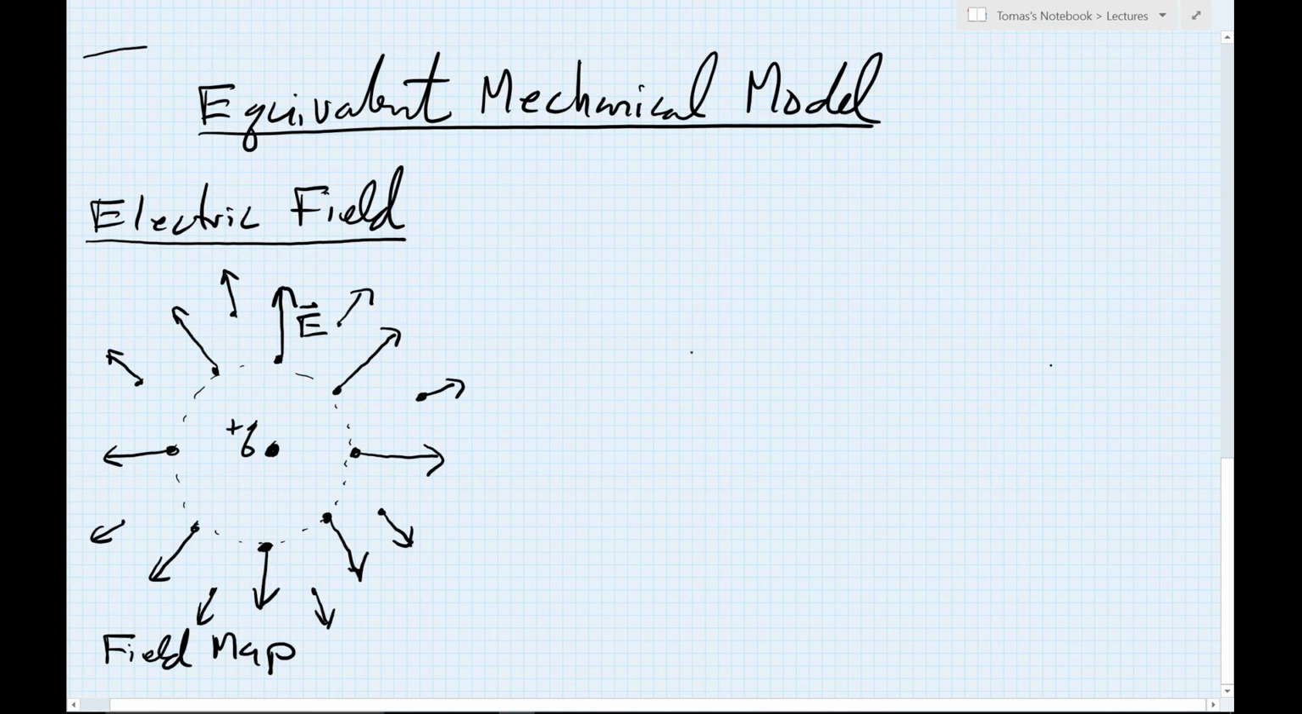My goal now is to make a mechanical model that will give me mathematically exactly equal numbers, exactly equivalent results to the electric field in this situation, in particular the electric field at any location E of R. And the way I'm going to do this is to make an equivalent fluid model. And I'll show you how this works. So for this equivalent fluid model,